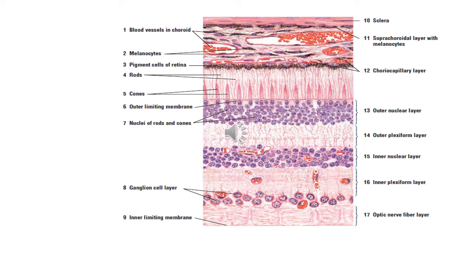Then you can see the optic nerve fiber layer, in which you can see the unmyelinated axons of the ganglion cells, and these axons, what is the direction? They are running parallel to the retinal surface. And the innermost, you can very well see the basement membrane, and this basement membrane is actually of the Muller cells. So this completes your practical on cornea and retina. You will have to draw these diagrams and complete your assignments, and thank you for listening.